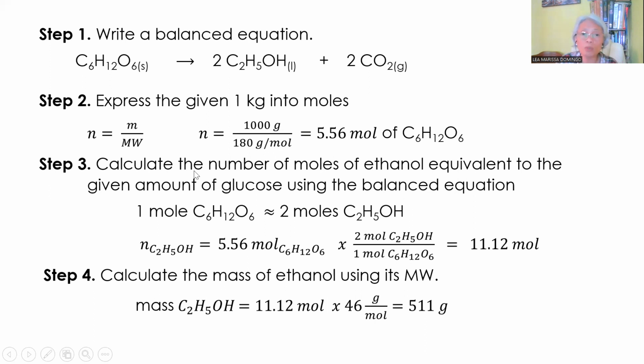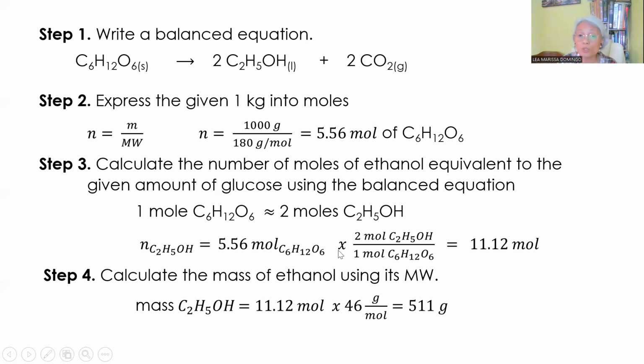The third step is to be able to calculate the number of moles of ethanol equivalent to the given amount of glucose. Paano yun? Sa balanced equation kasi nakikita natin yung 1 mole of glucose is equivalent to 2 moles of ethanol. Meron tayong 5.56 moles of glucose. Ang tanong, ilang moles ng ethanol ang equivalent dyan sa 5.56 moles? Yun yung isa-solve natin using the relationship from the balanced equation. 1 mole of glucose is equivalent to 2 moles of ethanol. And therefore, the number of moles of ethanol is equal to 5.56 moles of glucose times